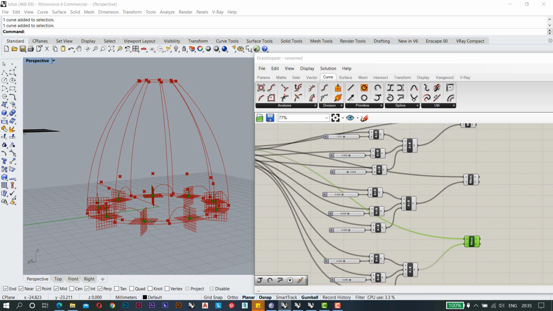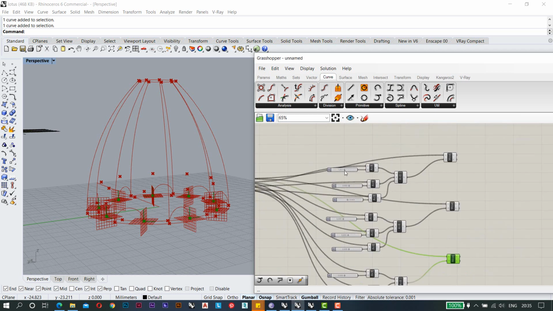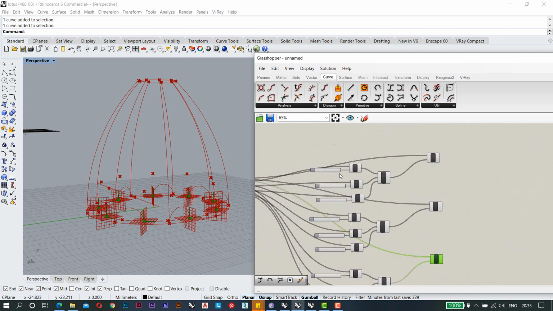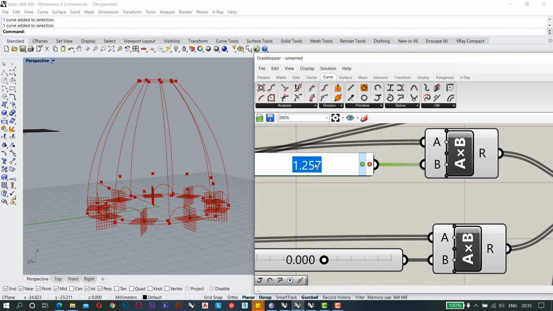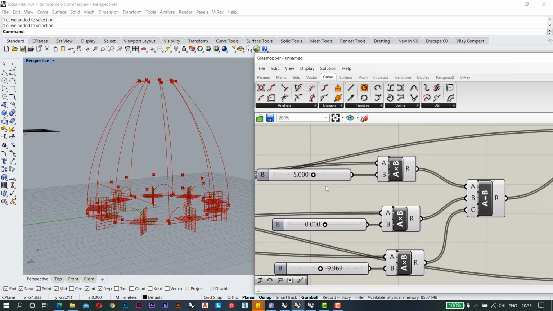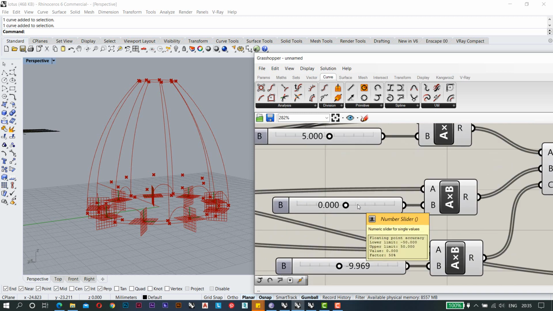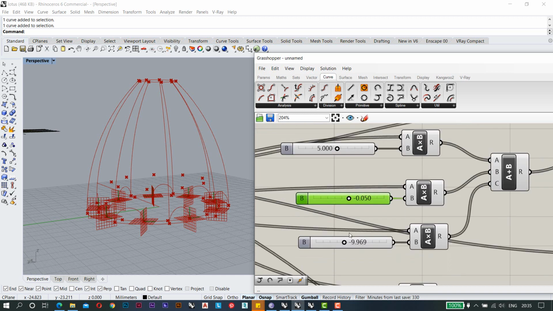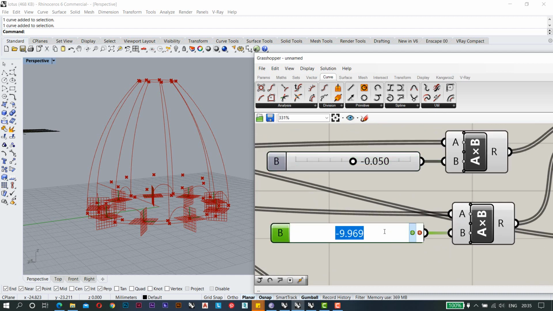So roughly I have assumed the values for this. For the first point, I have already made the calculations. So this will be 5, and this will be around minus 0.05, and this will be minus 16.8.